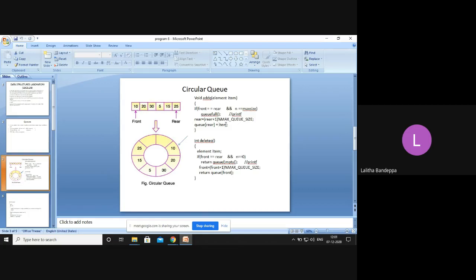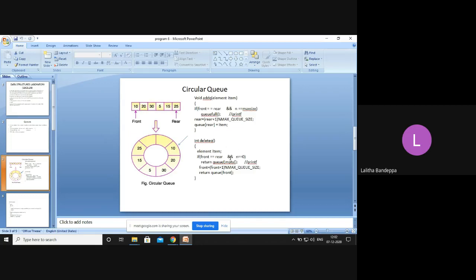So after finding the position, since we are adding at the rear end, we have to find the rear position, because after deleting, our front will be empty. So to find the position, we are calculating with the help of the modulo. Okay. So in that position, we will insert the element, and here also it is incrementing. We'll consider one position n and we go on incrementing. The same thing in delete also.